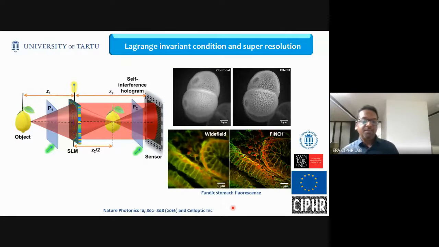Okay, so we already know that random multiplexing creates random noise. So in order to solve this problem, they came up with the concept of polarization multiplexing. Before the light enters the spatial light modulator, they inserted a polarizer P1, but instead of orienting it along the active axis of the SLM, they oriented it at 45 degrees with respect to the active axis of the SLM. So only part of the light was modulated and the remaining part remained unmodulated. And a second polarizer was introduced to create interference between these two beams. So now the random noise was also avoided.